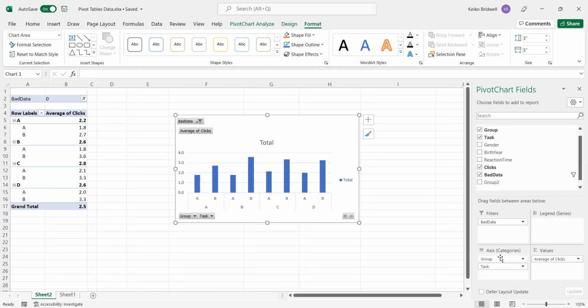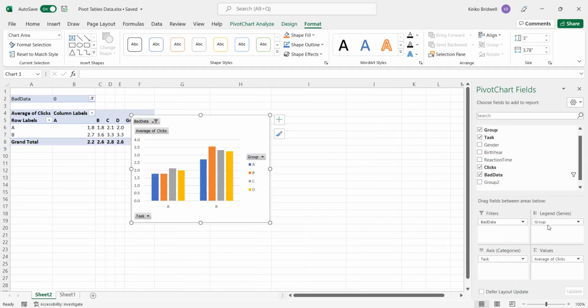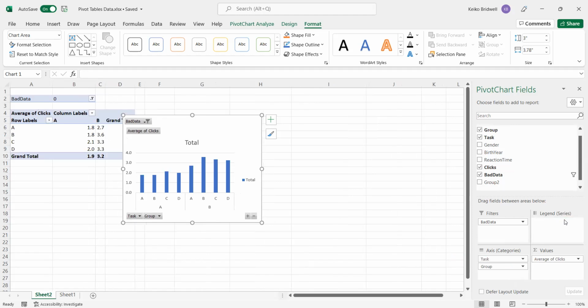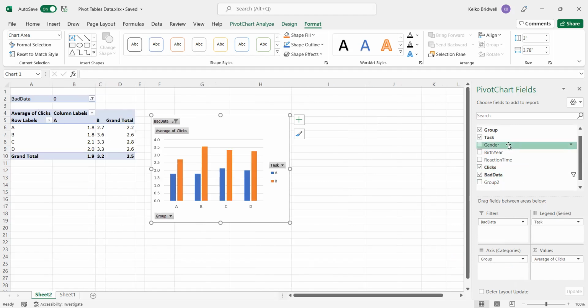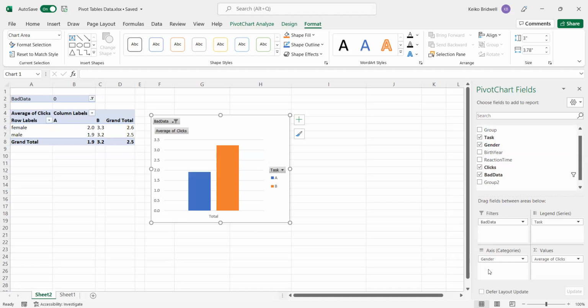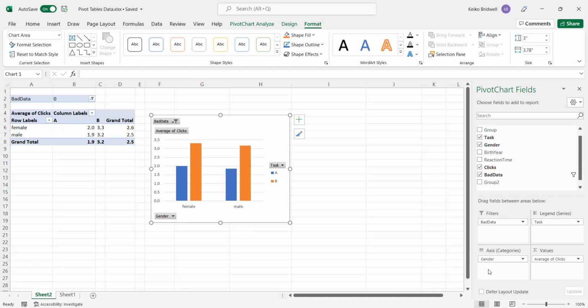So you can, like now you have task A and task B separate, and you have it grouped into the 4 groups. I think it looked better the other way, so I'll switch it back. But you can just shuffle these around. Maybe you want to have it, instead of broken down by group, broken down by gender. And you can just continue to swap all these out until you're satisfied with it. And then when you get a graph you're happy with and you don't want it to change anymore,